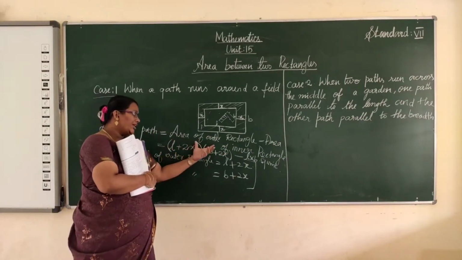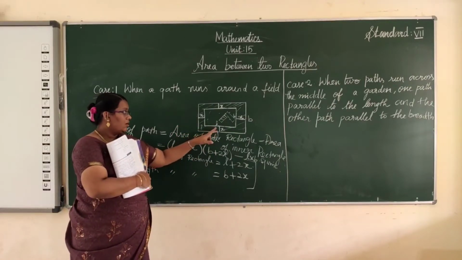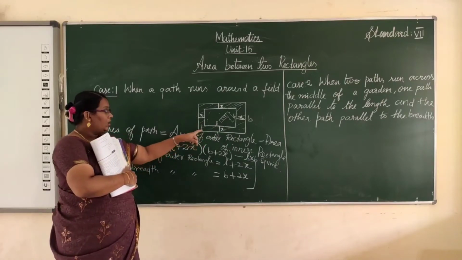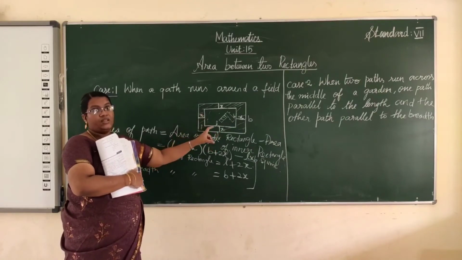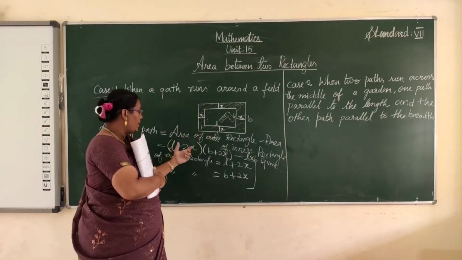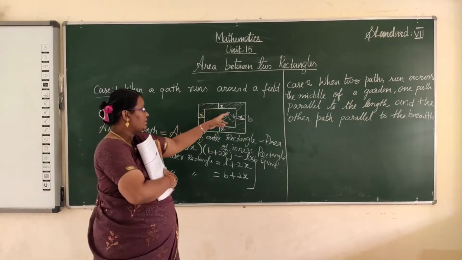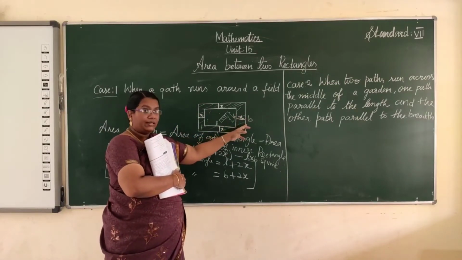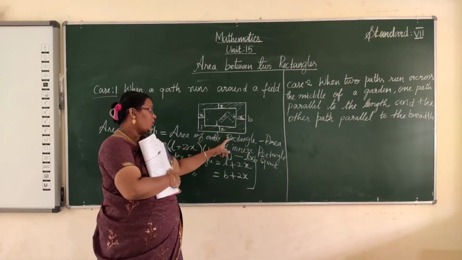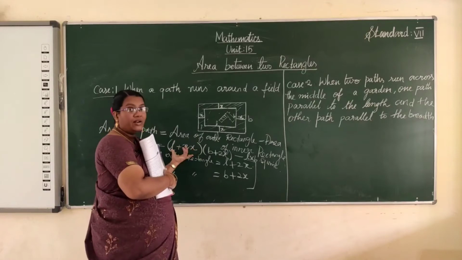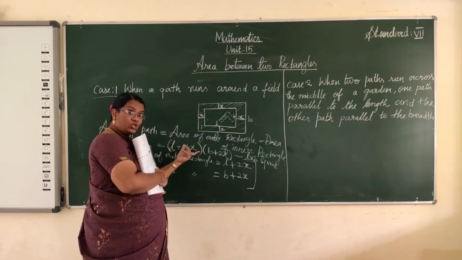How can you calculate the area of the outer rectangle? The path has some width, that we have considered x. So both sides have the same width, is it? So length plus twice x, and at the same time the breadth also has the same distance between the inner rectangle and outer rectangle. So here one x, here one x, so 2x. So b plus 2x. What is the formula for the area of the outer rectangle? L into b. Here the L value is L plus 2x. Carefully write in this place L plus 2x.